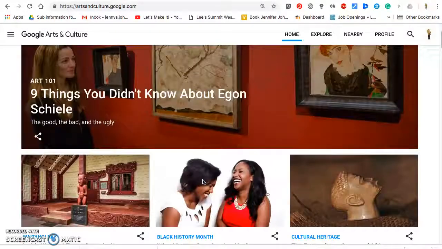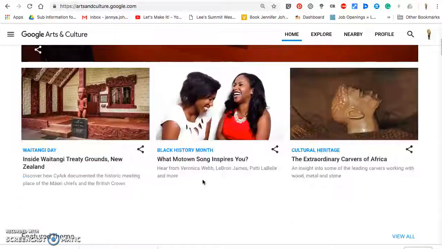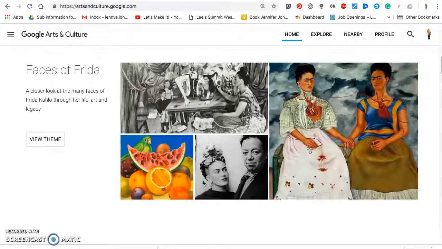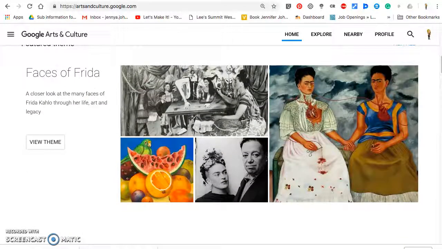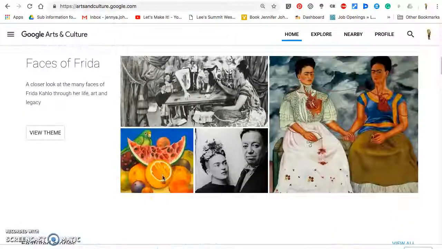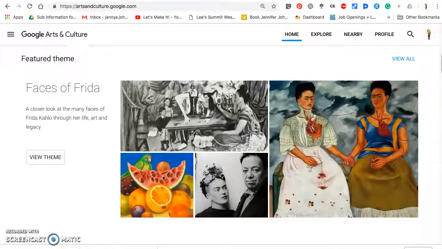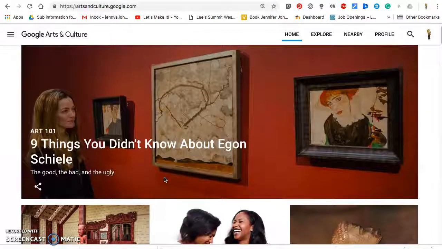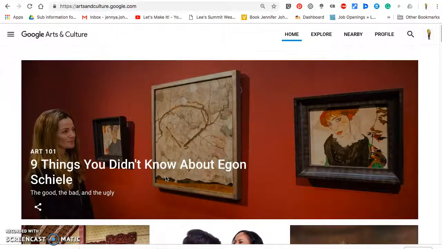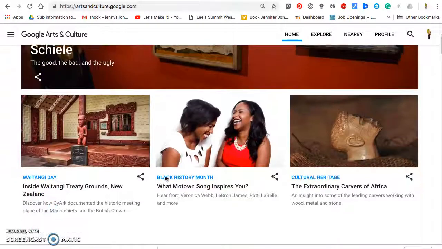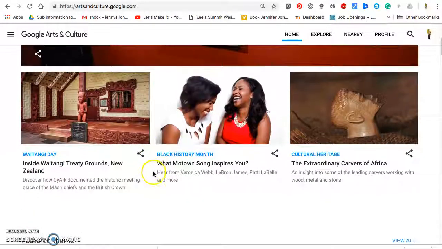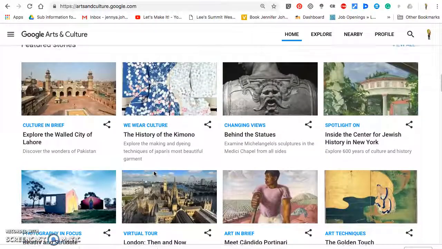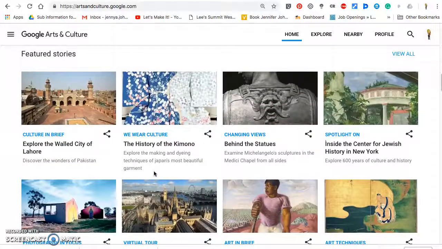Since we are one-to-one with Chromebooks, this is a great thing that you can access in the art room as a resource. It's almost like a news feed of everything, art, dance, music that's going on in the world. Articles, almost like news, essentially. There are also some really great features. If you scroll down,